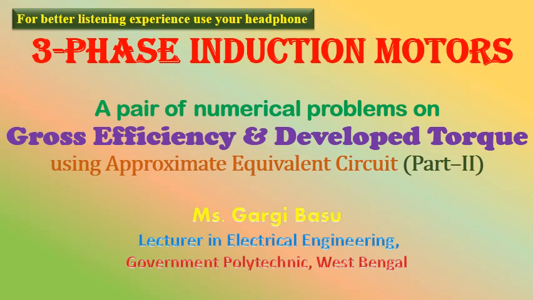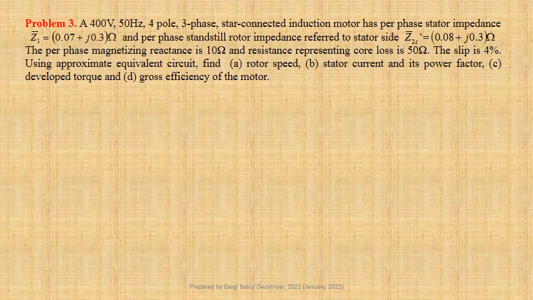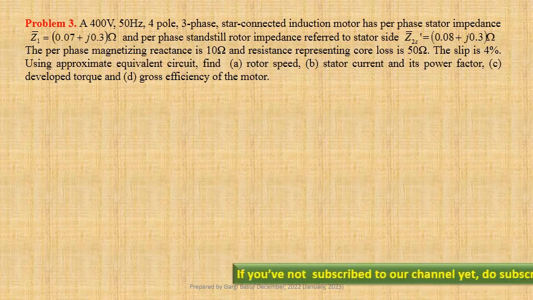Today we are going to solve a pair of numerical problems on gross efficiency and developed torque of a three-phase induction motor for a particular value of slip using its per phase approximate equivalent circuit when values of circuit parameters are given. A 400 volt, 50 Hz, 4-pole 3-phase star-connected induction motor has per phase stator impedance Z1 equals 0.07 plus j0.3 ohm